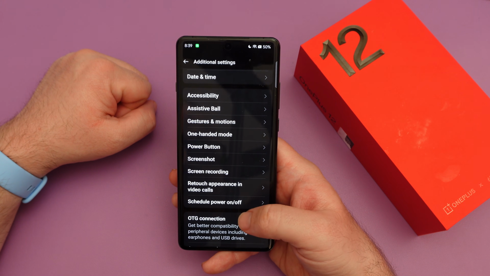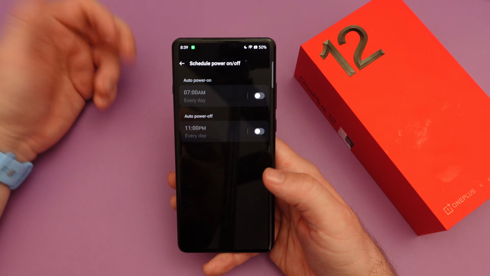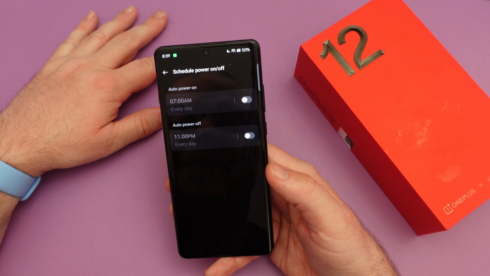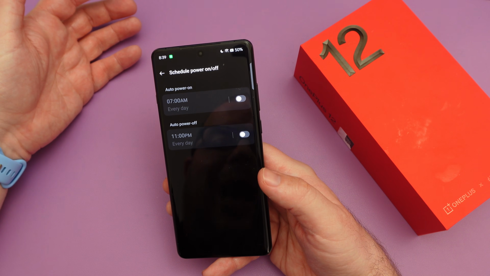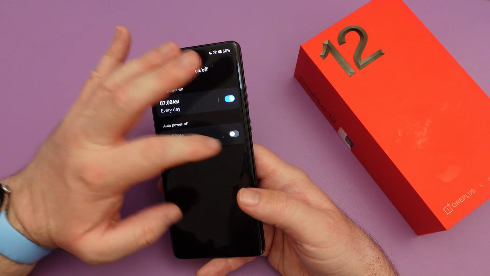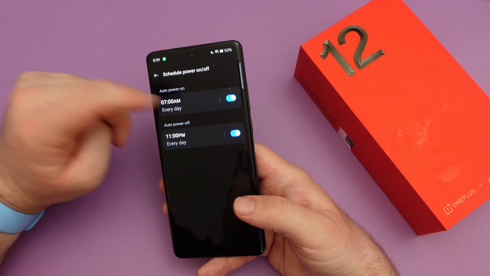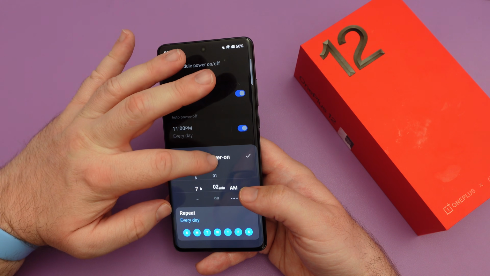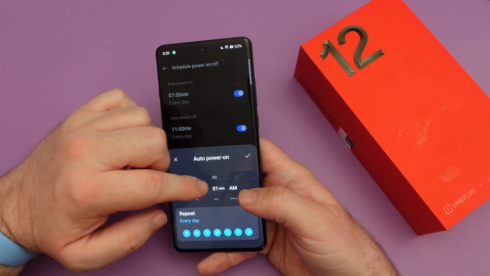This other one I think is really important too. Schedule power on and off. As you know, these things are like computers. Sometimes they need to be restarted. If you don't want to think about that, set an auto power on and off. So you're like, hey, I want this to auto power on every day at 7. Let me do this. We'll do like